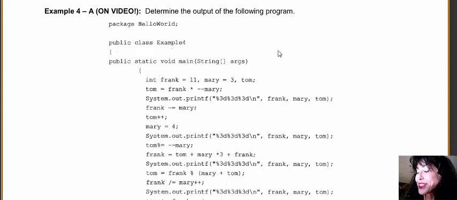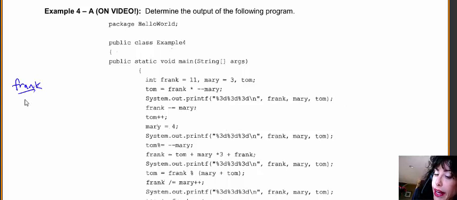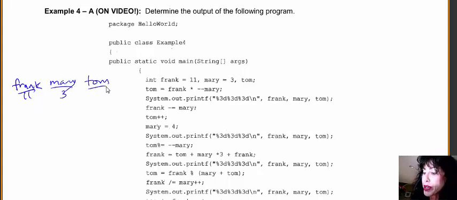This is what I call a Dick Hatch special because I stole it from now retired professor of computer programming from San Diego State, Dick Hatch. And so we have 3 variables that we want to be concerned with, Frank, Mary, and Tom. So we're going to go through this by hand. So Frank gets declared as an int data type, and he gets initialized to the number 11. Mary, an int, is a 3, and we're not sure what Tom is yet,